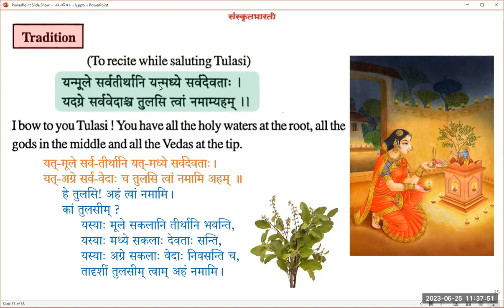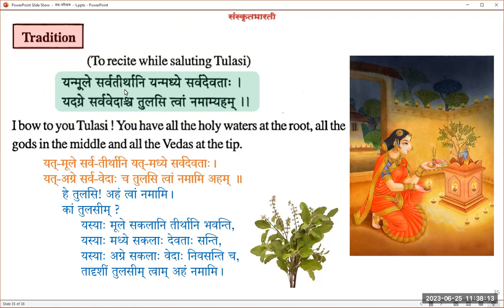The rest is a description of Tulasi's qualities. Aham tvam namami, I offer my salutations, namaskarams, to you. Salute is something different, but we'll take it. So that's what they started off with: I bow to you, Tulasi.